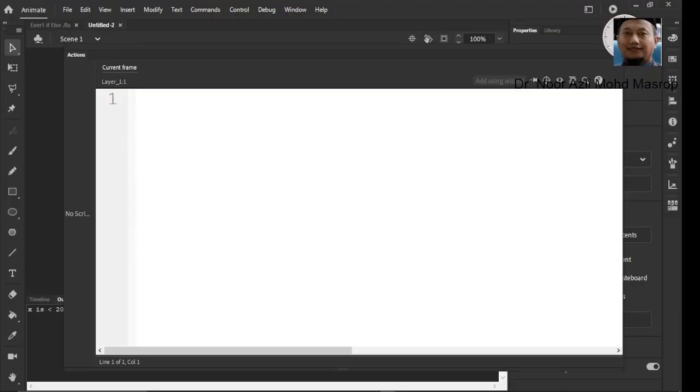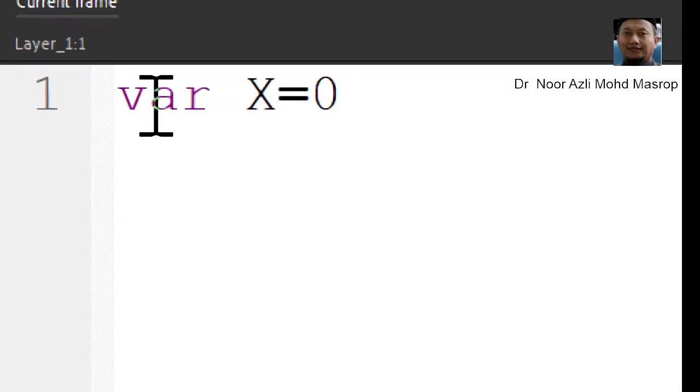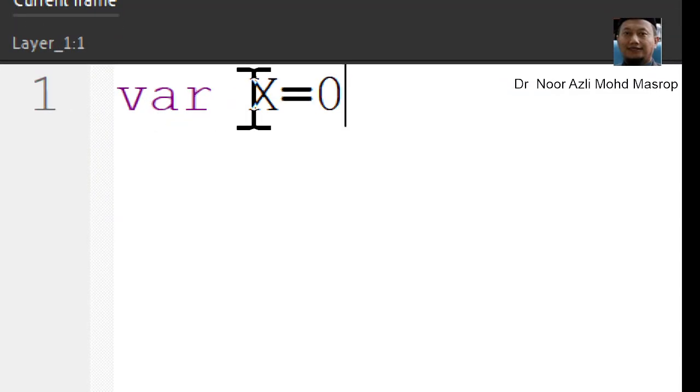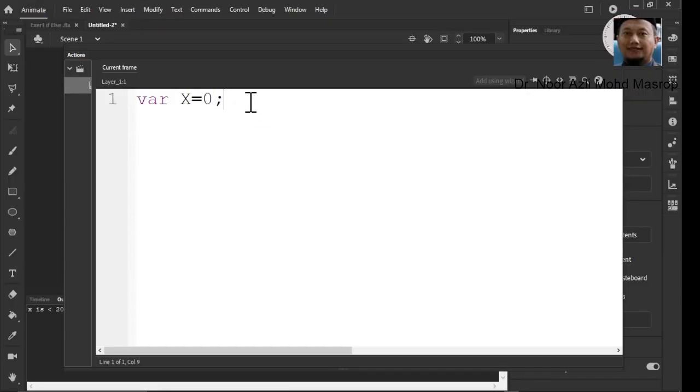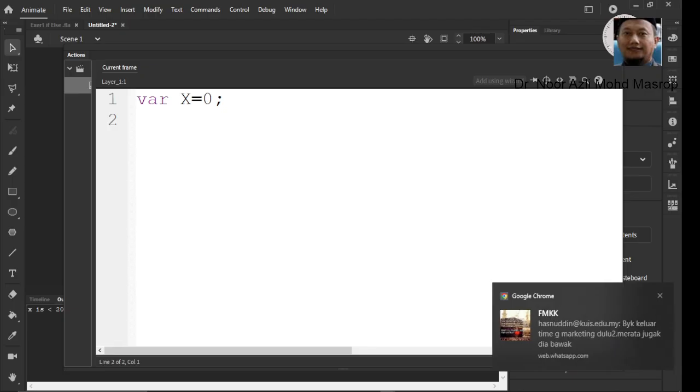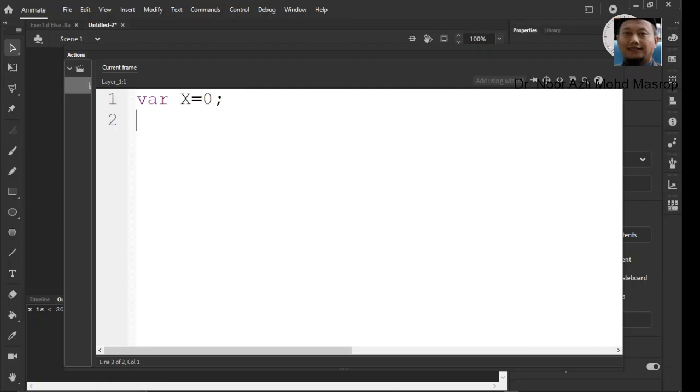Type it using the var keyword, and make sure that if you want to use x as a variable, you use a capital X. Then we check whether x is larger than 0. So type if x is larger than 0 is true.